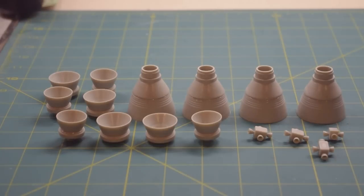Now, you might be thinking to yourself, Jay, what about the cockpit pod? What about the leg pods? What about the cage? Well, yeah, those are important, but since I do not have the aluminum engine bells, which are going to be available as an aftermarket kit for this model, I'm having to work with the plastic ones, and as a result, these are going to have a metallic finish put on them, and